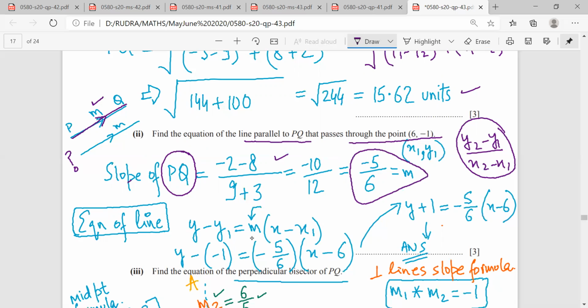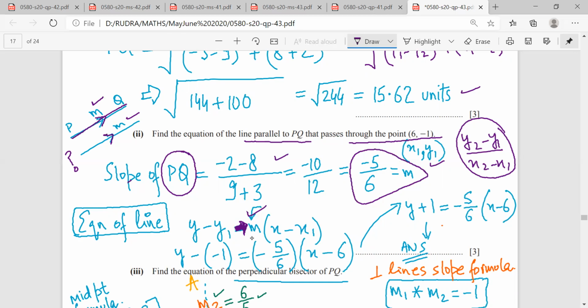So the slope of the line, this question mark line, I have got to be minus 5 by 6. Now the standard equation of a line for which I have a slope and which is passing through points x1, y1 is y minus y1 is equal to m(x minus x1). Mr. Rudra, you need to cram this standard equation. y minus y1 is equal to m(x minus x1).